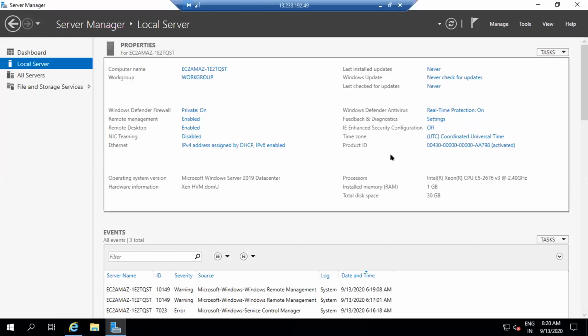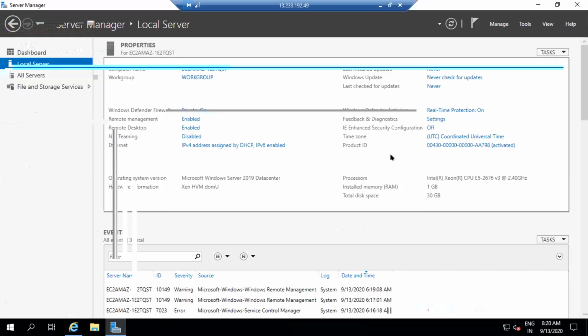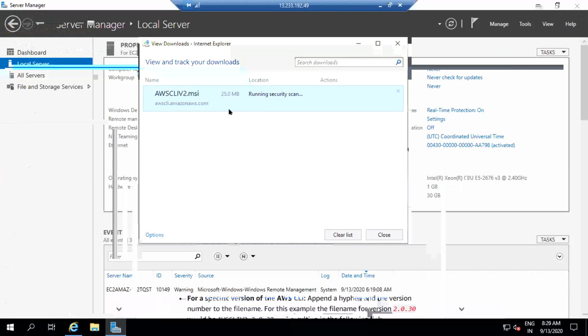So now this machine is almost ready, right? Can I run it directly or save it? Save it. It's just running a security scan, saving for some scan. Let's see how long it takes to download. So others, please try to download, right?